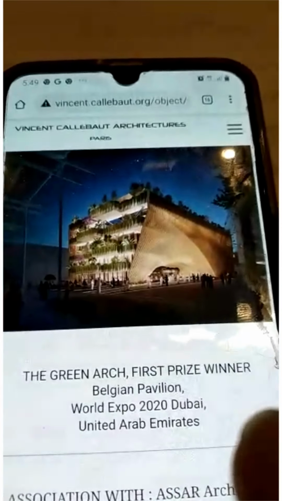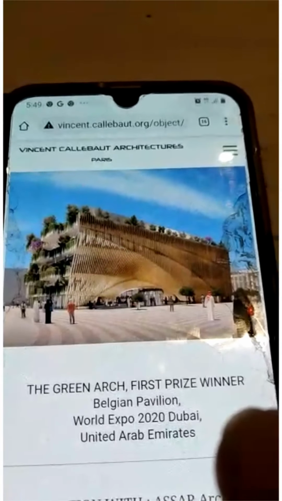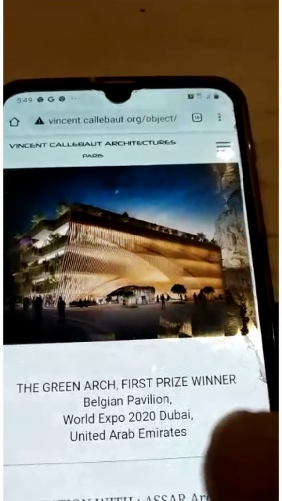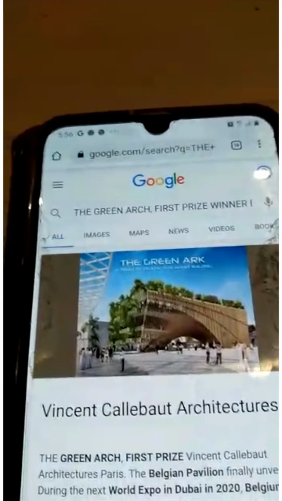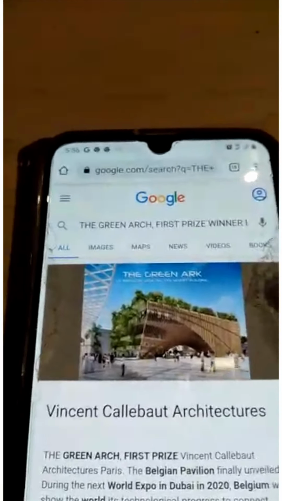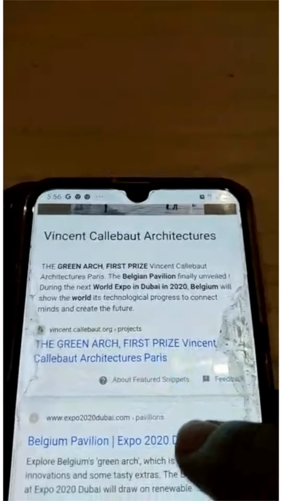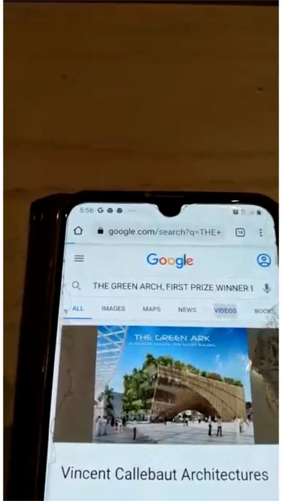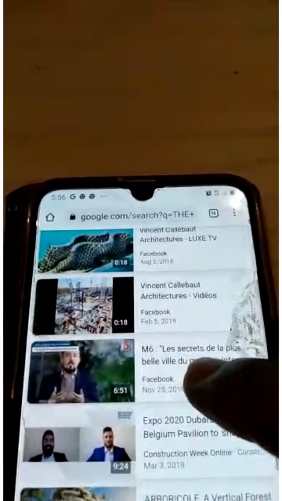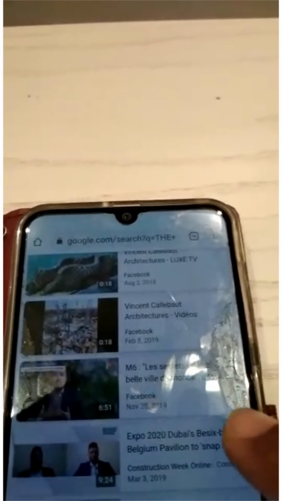So this is the Green Architecture First Prize winner, the Belgium Pavilion. This is the World Expo Dubai 2020. Go deeper to see Mr. Vincent Calibo Architectures, or to see his work. It'd be then interesting to just go in and check videos, see what's there. He's maybe talking about it, but most of the stuff is in, you see here,